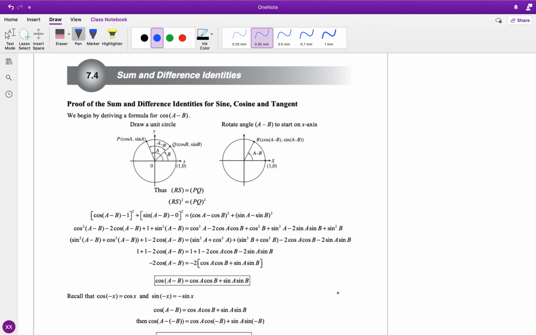All right, this is 7.4, sum and difference identities. So what does that mean? That means that the angle here, okay, let's see whether or not my pen is working. Okay, so this angle here,